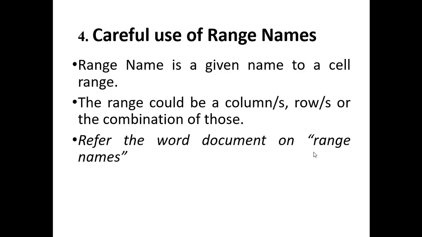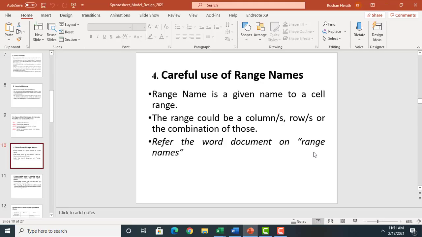The range name is a given name to a cell range. So it is a pretty straightforward thing. The range name is a name that you would give to a particular cell, or maybe a range of cells. That's it. It is that simple a concept. So just to show you,